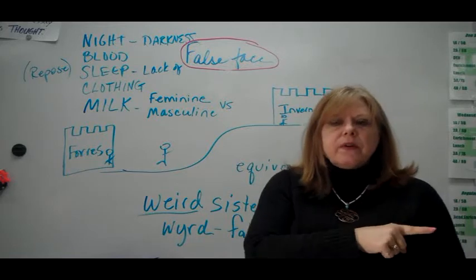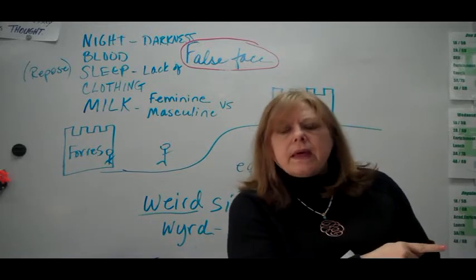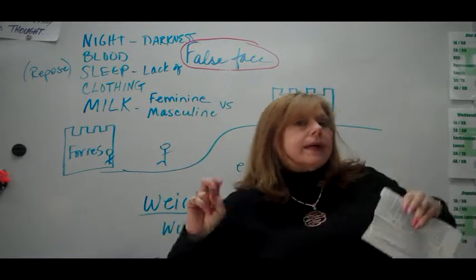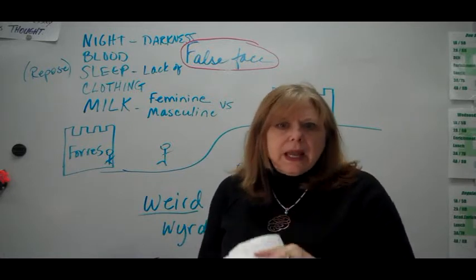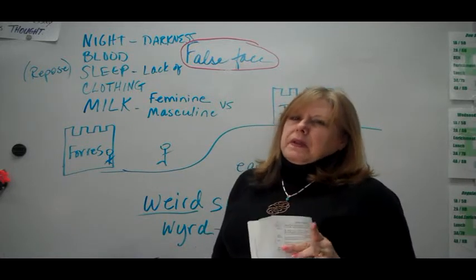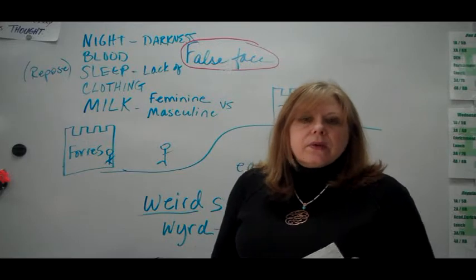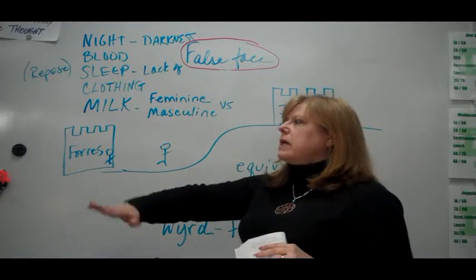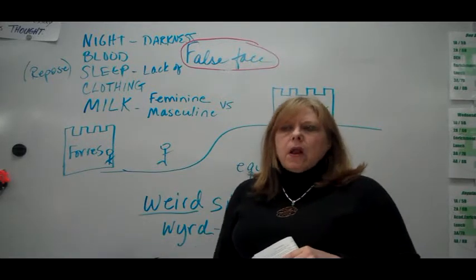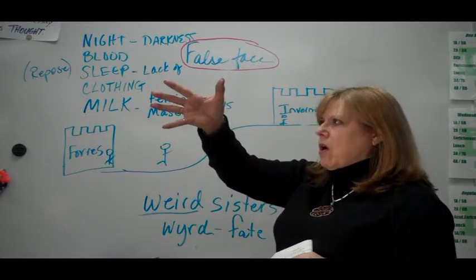Macbeth is on his way. He dismisses the servant by telling the servant, "Tell Lady Macbeth to let me know when my drink is ready." And of course, we know, I told you in class what that means. That means really the signal when the guards are passed out and the coast is clear. So he starts heading on his way to Duncan's room, and all of a sudden he sees a dagger hanging